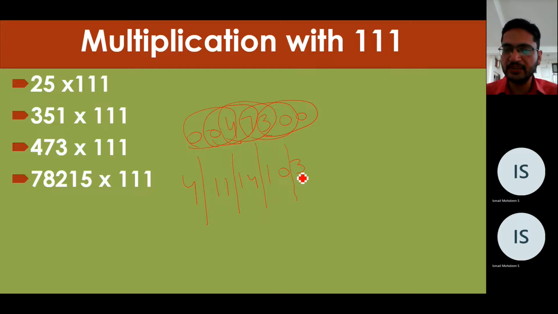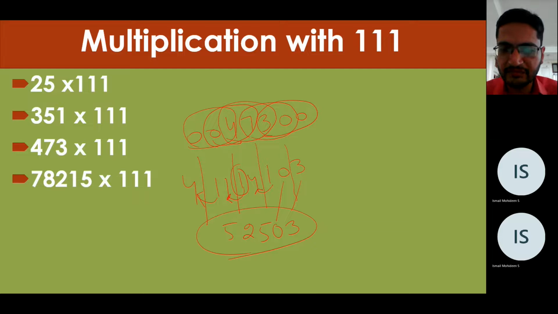Now we will apply the balancing rule. Now this is 3. From this I will write 0 and 1 I will add in 4. Now I will get 5. Now 1 here I will add in the next number, and this 1 I will add in 4, that is 5. So the answer is 52503. Here we applied the balancing rule. Why? Because when we add the pair of 3 digits, we get a 2-digit number.